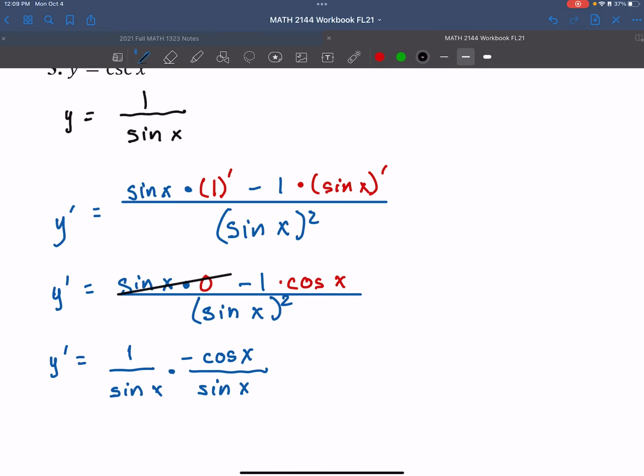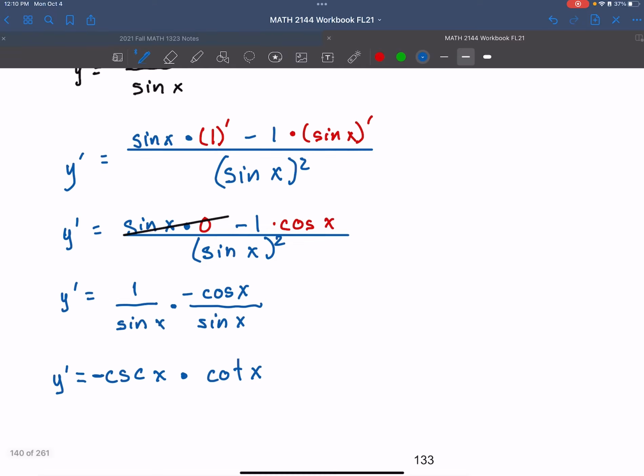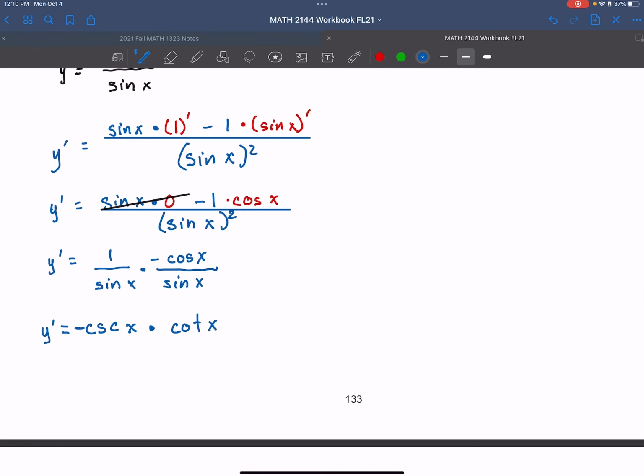And then we had 2 sine of x's on the bottom, so I just simply separated the fractions. The reason I did that is because it's simpler to go ahead and write it back in terms of the initial identities. So what do we have right here? We have y prime is equal to cosecant of x times a minus cotangent of x. But I'm going to go ahead and just move that minus sign to the front since it's all multiplication. So right here is the simplified